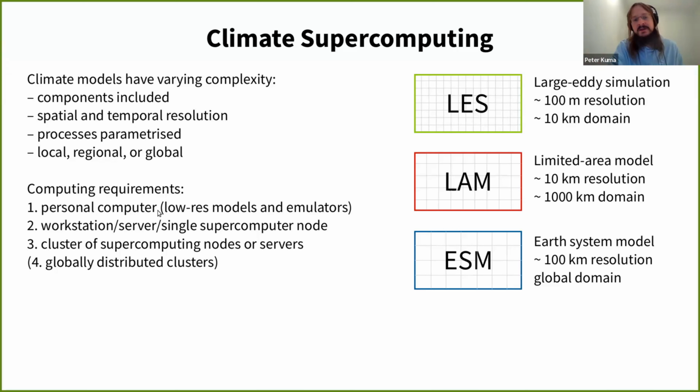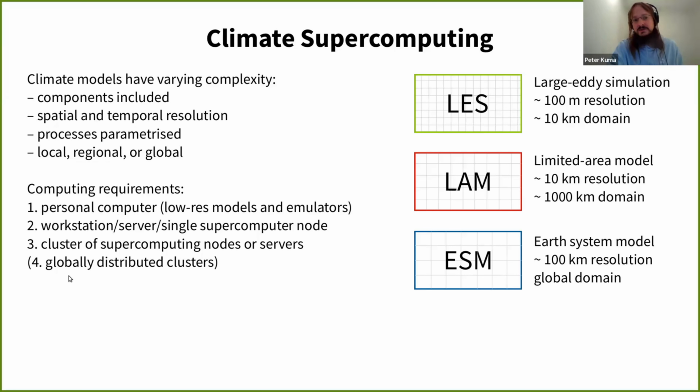And so depending on the complexity of the model, we can even run it on a personal computer. If we take a climate model from, let's say, the 1990s, we can easily run it on a personal computer. And the resolution might be about 2 degrees longitude, latitude. So that's a pretty low resolution, but it's maybe useful for research when we want to change various parameters often and see the end result.